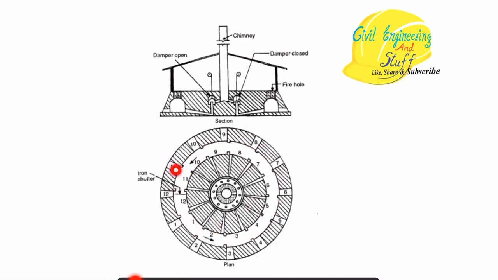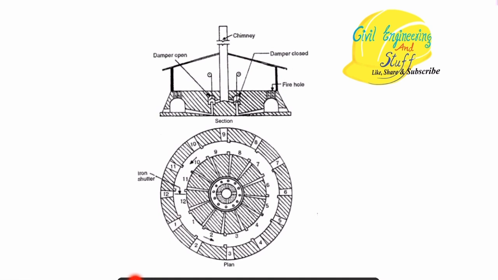Heat is circulated in the whole of the Hoffman kiln, and if we insert any batch of the clay bricks that need to be burned, they achieve the desired burn and get the desired strength and texture, then this section is closed with the help of an iron shutter, and then the bricks are removed from the section, right? So we have 12 sections. In each of the sections, a batch of the clay bricks is inserted, and as soon as in some of the sections the desired burning is achieved,